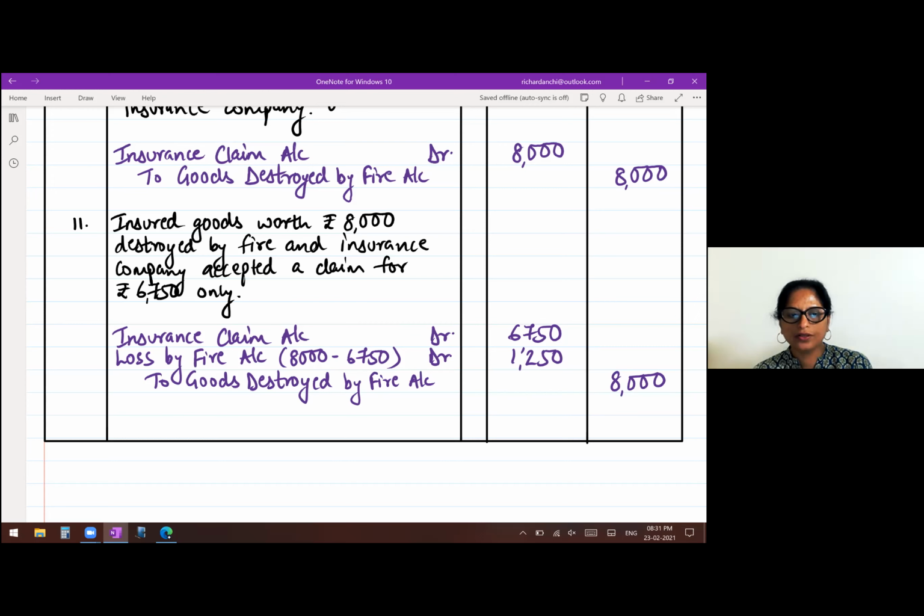You must remember, children, that your debit amount must be equal to your credit amount. In the first 10 entries, there was only one debit, one credit. Now here there were two debits, which amount to 8,000, and your credit is also 8,000. Now these I've just shown you are all transactions related to only goods. Besides this, there are different types of transactions, but in a problem, most of the transactions revolve around goods. So that's why I've given you these 11 transactions, which are very, very important.